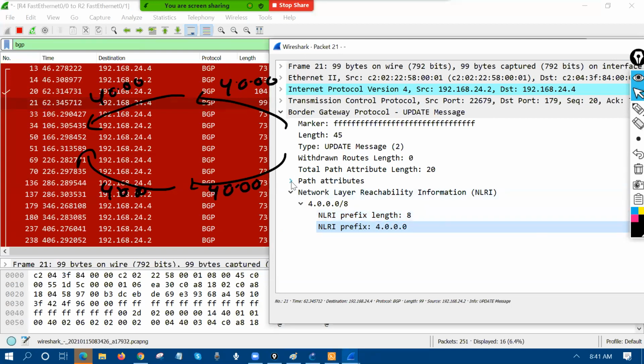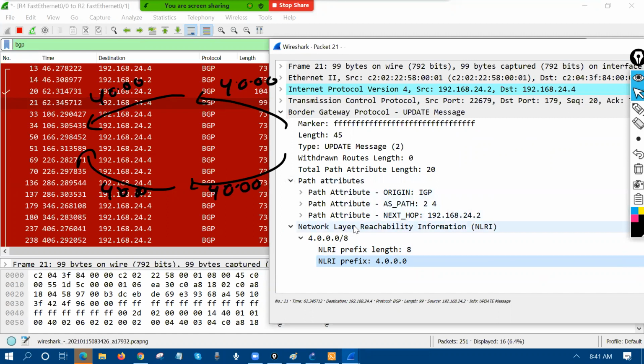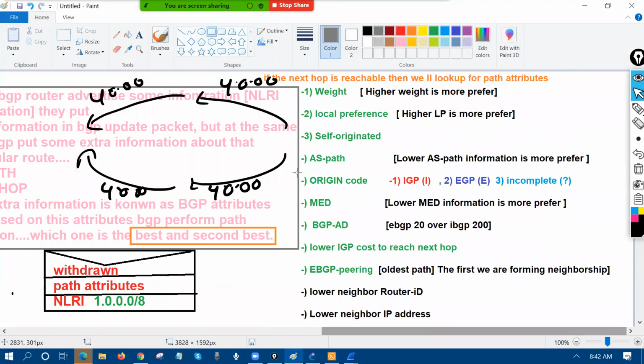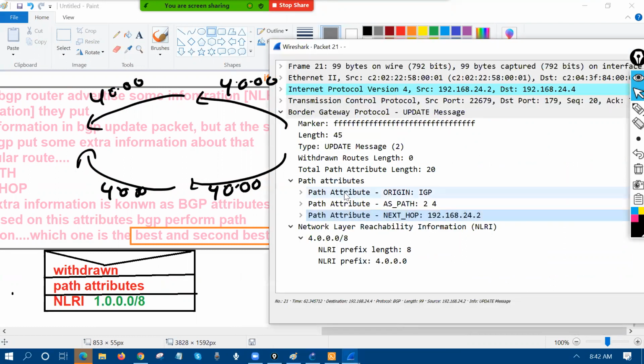Can you see the update path attributes information? We have the AS path information, we have the next hop information, we have the origin, that is IGP, right? So we have some extra information about this particular route,